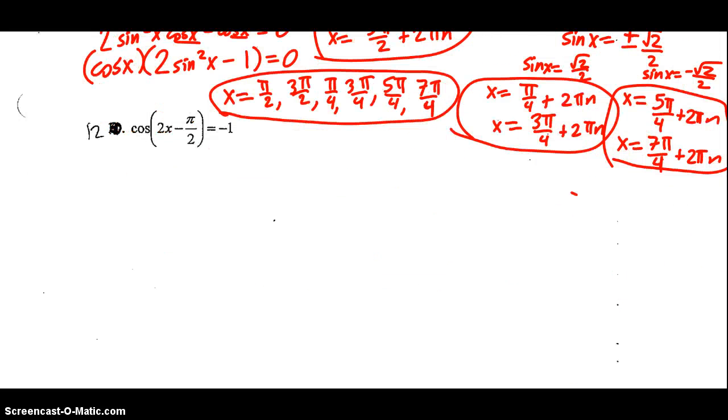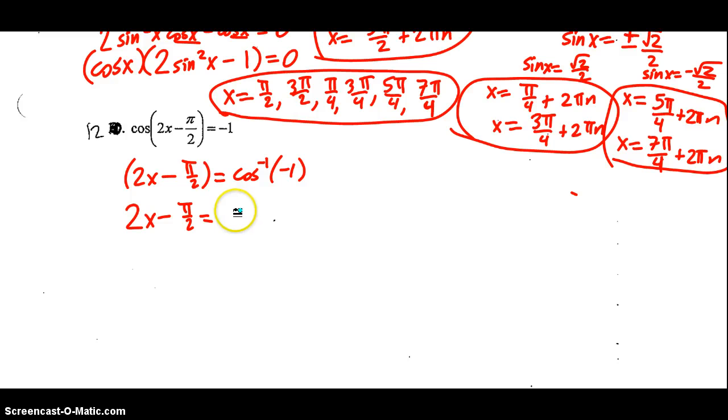All right. Last one, cosine of 2x minus pi over 2 equals -1. Well, this is already set up for us nicely. Cosine's equal to a number, so I'm going to take the inverse cosine. So 2x minus pi over 2 equals the inverse cosine of -1. So you have to think about all the different places where cosine equals -1. Well, there's a couple. So 2x minus pi over 2 could equal, if you look on your table, inverse cosine of -1 happens at